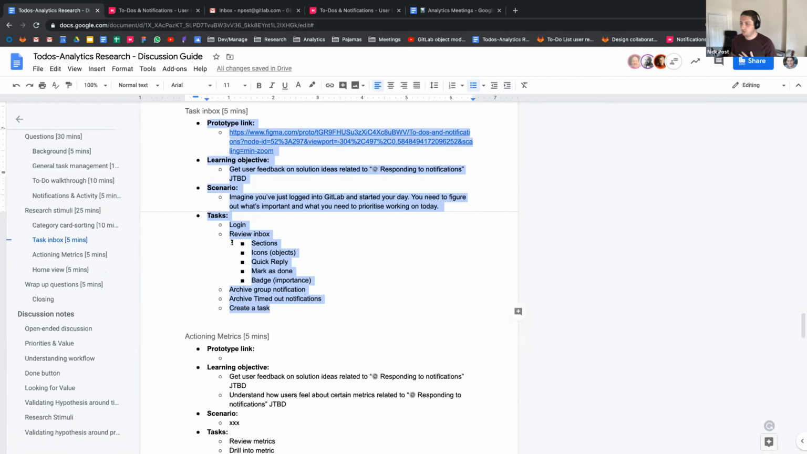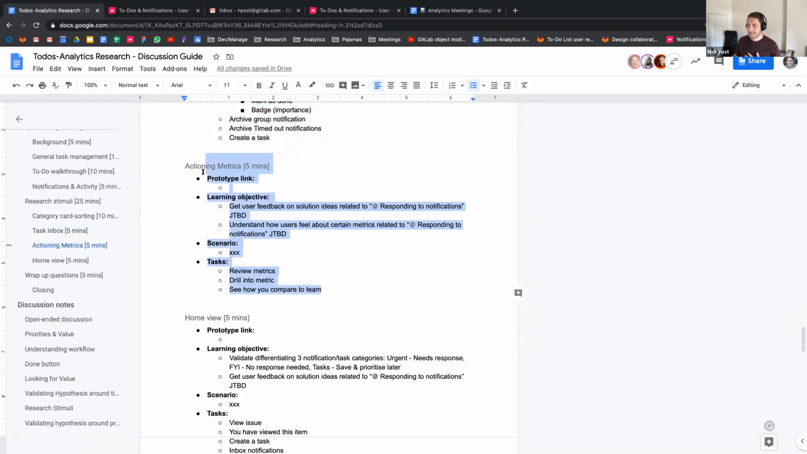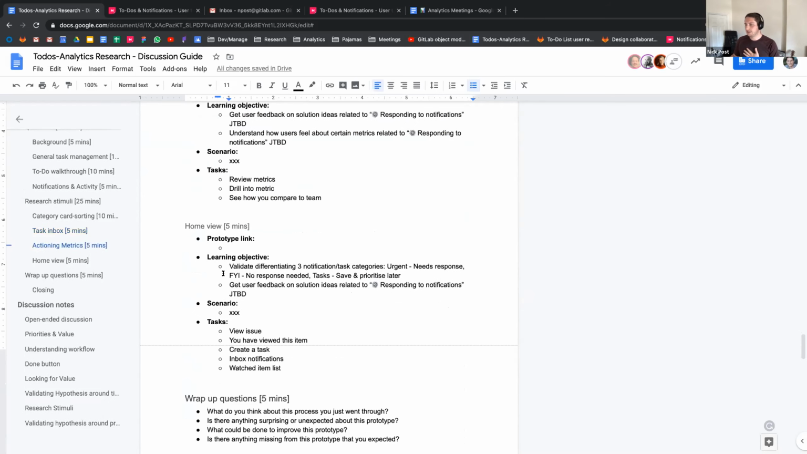And then the second one would be around taking action, basically looking at some of the metrics that we include within the inbox, and then taking action on those in some way, and then understanding we can include some potentially risky ones, like comparing your productivity to your team's productivity, and that could spark some interesting insights and discussion. And then finally, yeah,